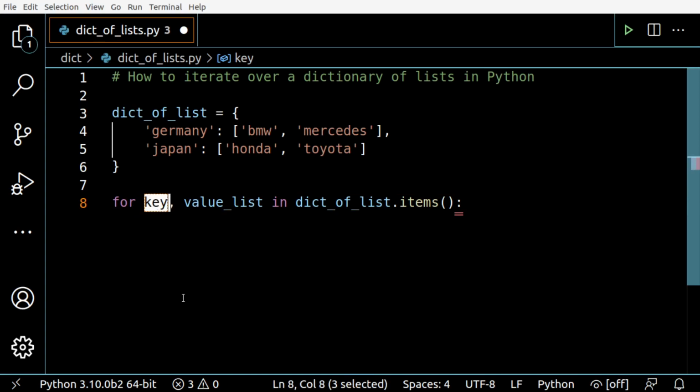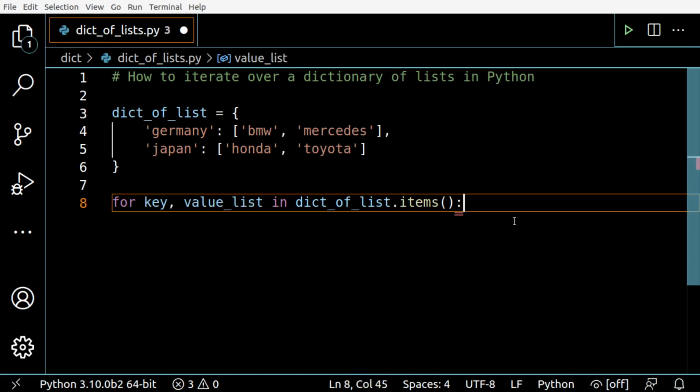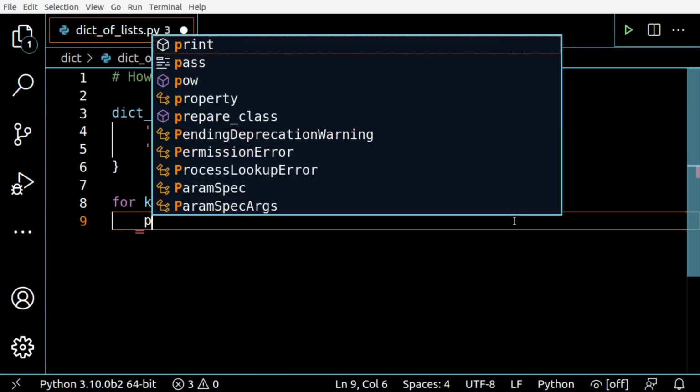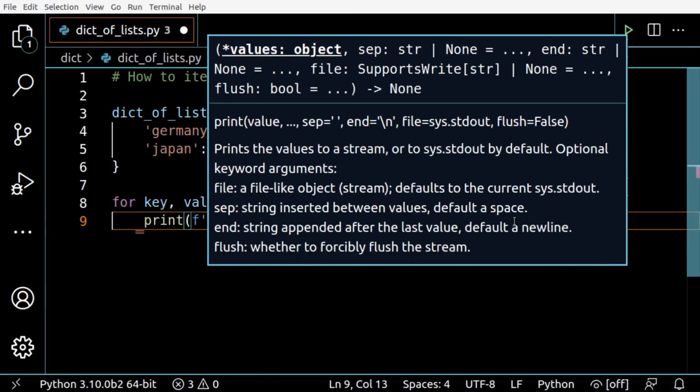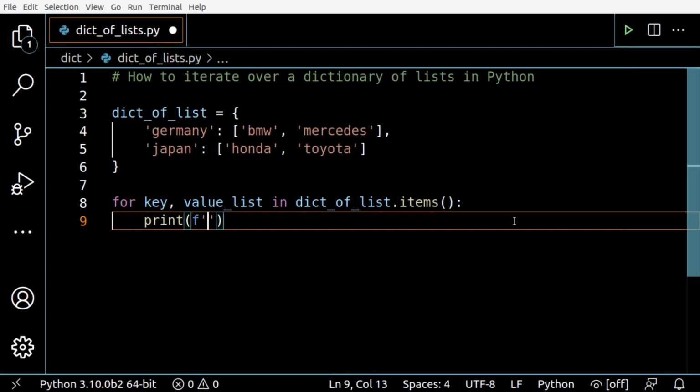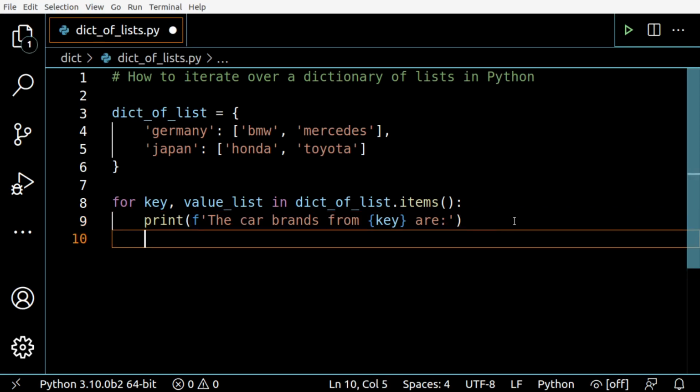So this one will hold the keys and this one will hold the items, right? So now I'm gonna print the keys. So the car brands from key, and then okay, this is enough for key, but then we need to